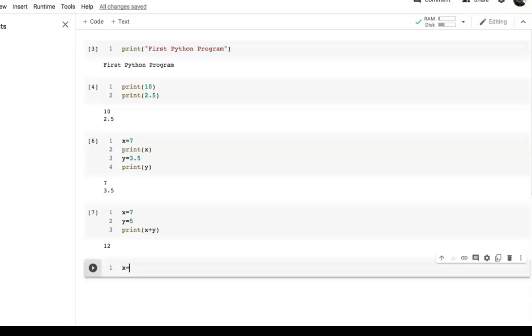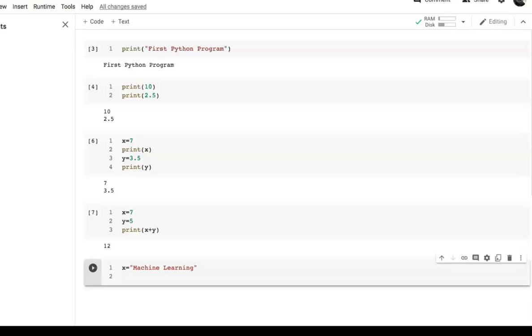Write your message or sequence of characters in double quote, machine learning. Enter. Write y, that is another variable, and assign another sequence of characters in double quote, with Python.